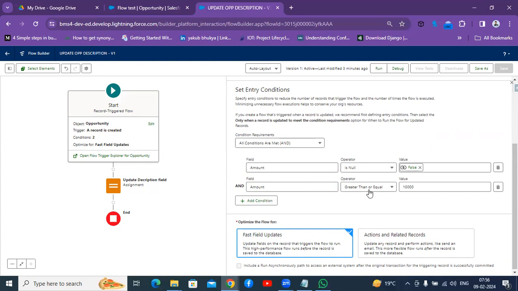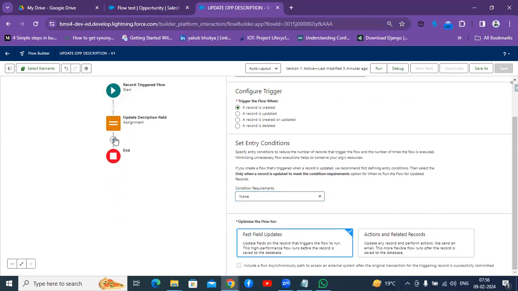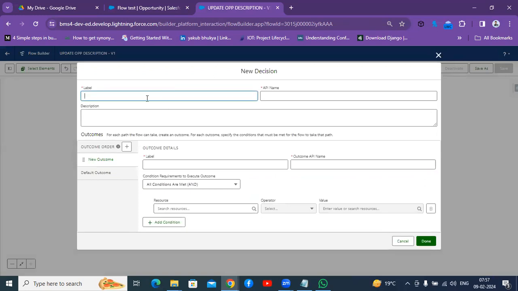Along with this, we have to check whether the end date field is present or not. For that purpose, I'm not keeping conditions globally here. Always, while creating an opportunity, it will go through the process. Then next, after this, I'll add a decision element. Which element am I going to add? The decision element. With the decision element, I have to check